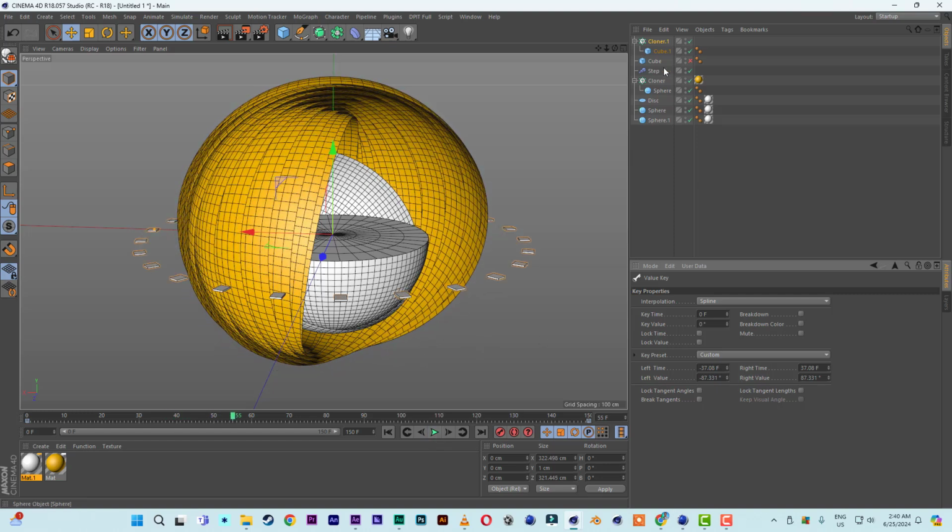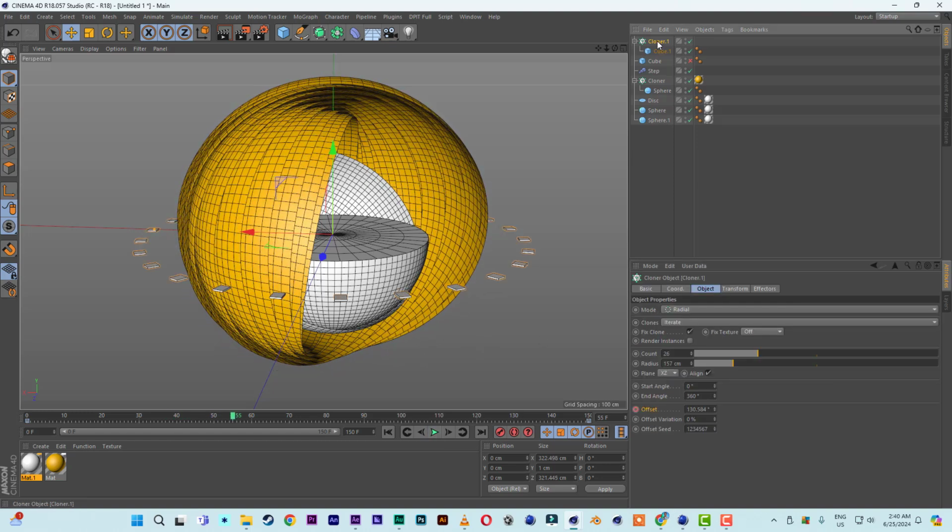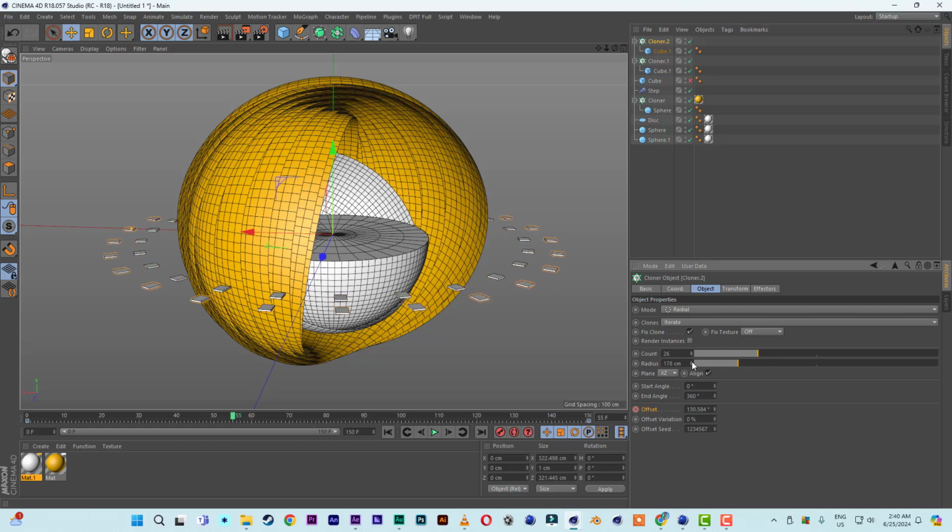All right. So after this, duplicate this same cloner with a cube inside. Then now you can open it up. It says here the radius is 157. So let's open it to something like 200 or so. And let me increase the count here to something like 30,